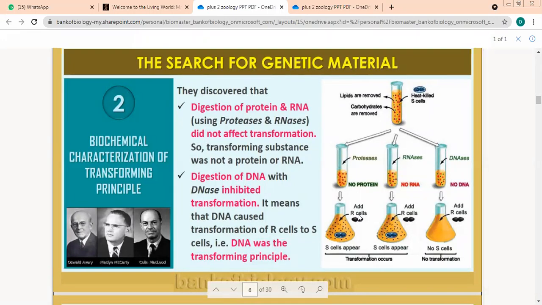They cause pneumonia. Now let's see this. Here also, when we transformed with R cells, S cells are still present. Nothing was transferred from R cells to S cells in the presence of RNases. But when we add DNases, this S cell disappeared. On adding which cells? R cells. That means something was transformed from the R cells into the S cells, which cause